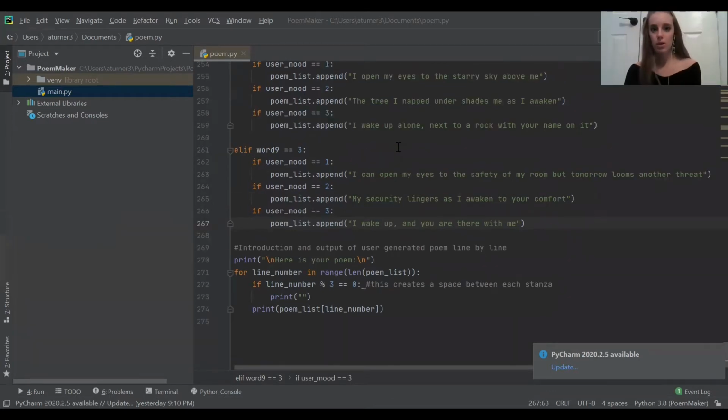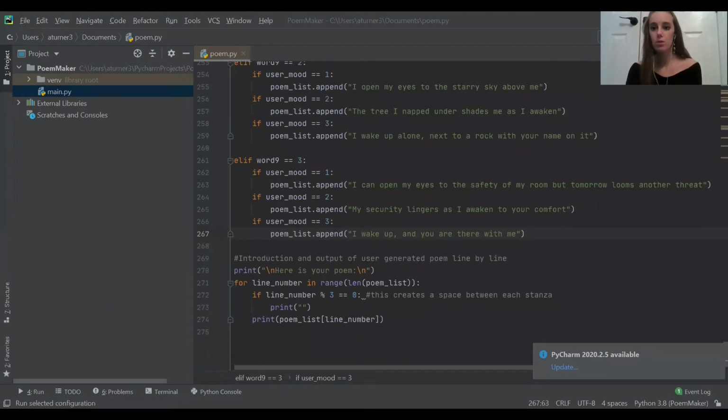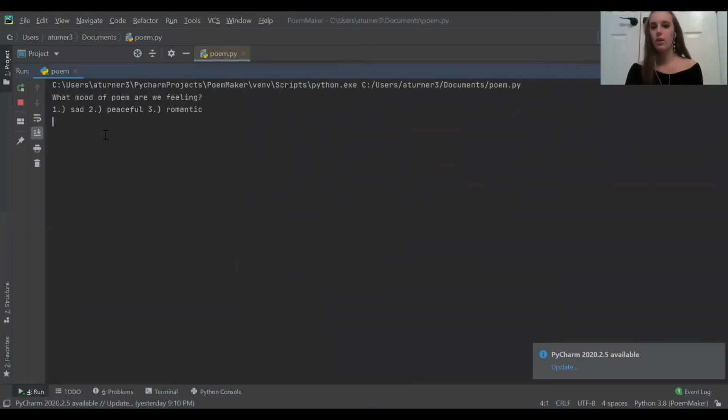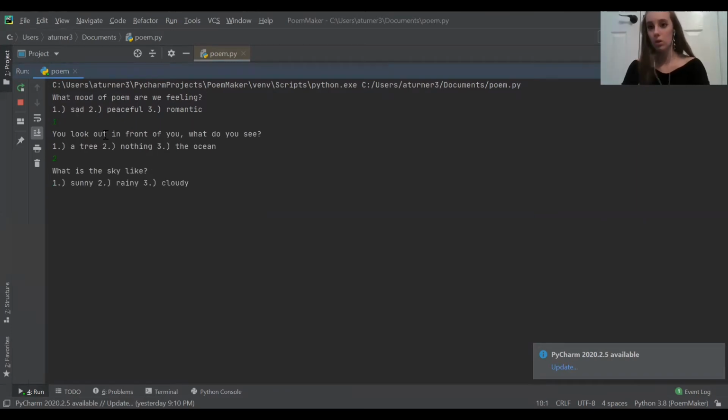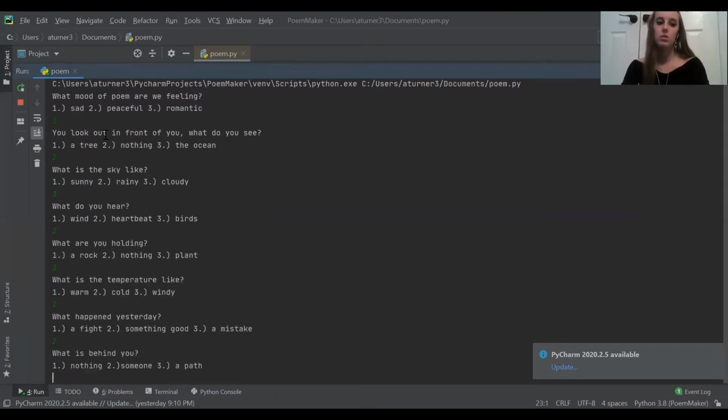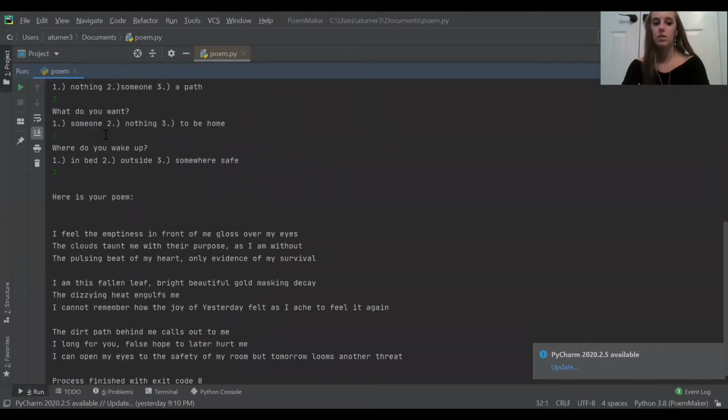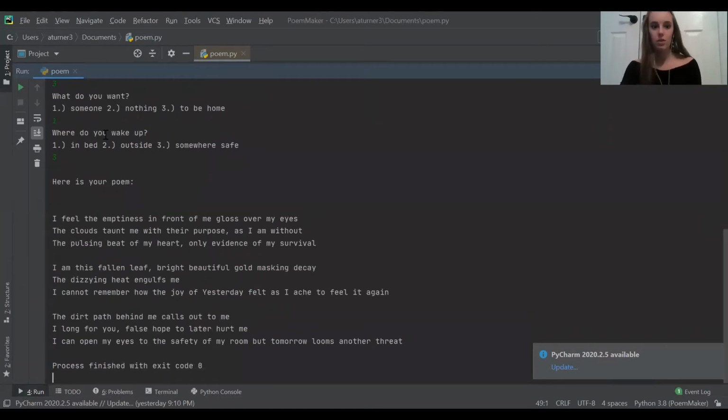So for the most part, the program works the way that it should. If I run it, let's say I want to make a sad poem. I just go through and it works the way that it would, just alternating between 1, 2, and 3. And then there you go. There is a poem.